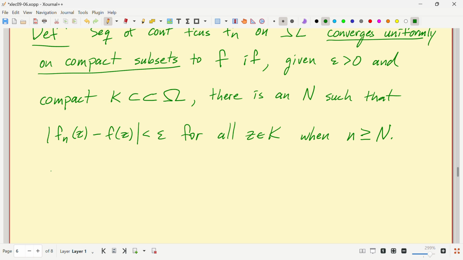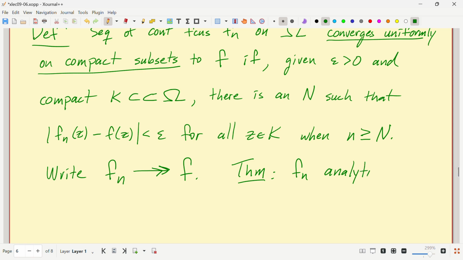So we say, right, the f n, this is what I use for uniform convergence on compacts, a double arrow sign like that. And today's theorem would be if the f n's are analytic and converge uniformly on compacts to f, then the